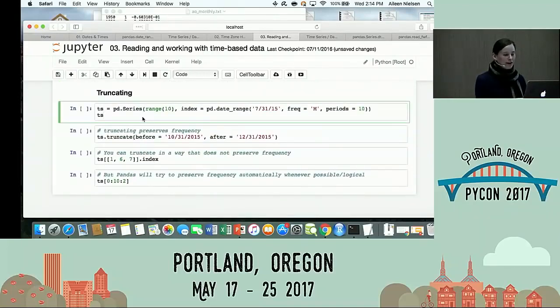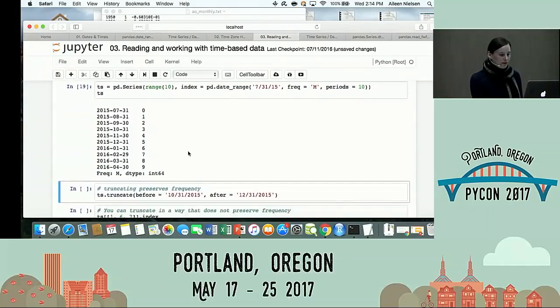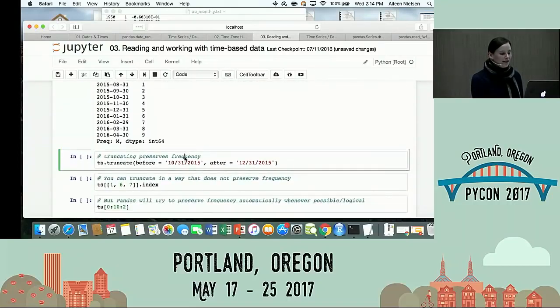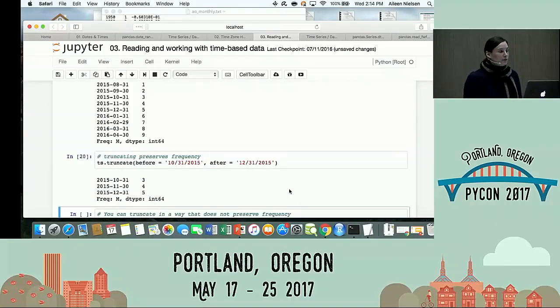Okay. And finally, truncating, really easy to do. Let's say you have a time series like this one, right, going from July 2015 up until April 2016. Let's say I don't actually want it all, right? I want to get rid of things before 10/31/2015 and after 12/31/2015. That's super easy to do. And it preserves frequency, right? So there's a lot of functionality in Pandas where you can truncate, index, and you will keep that frequency bit,